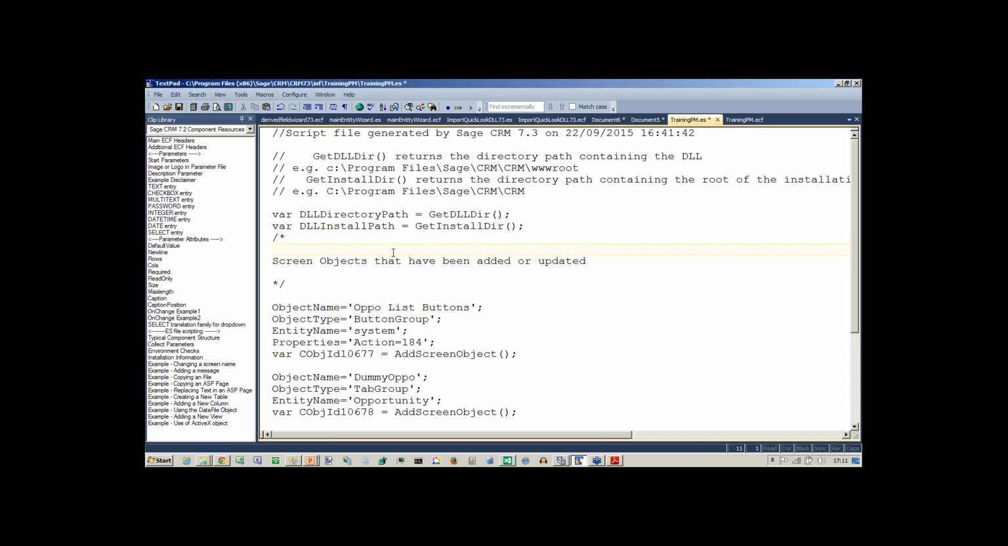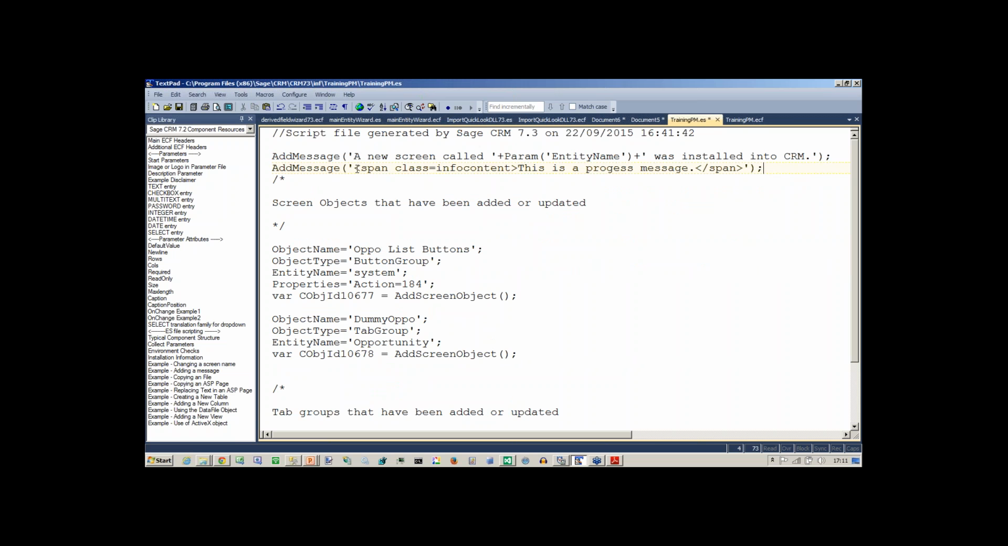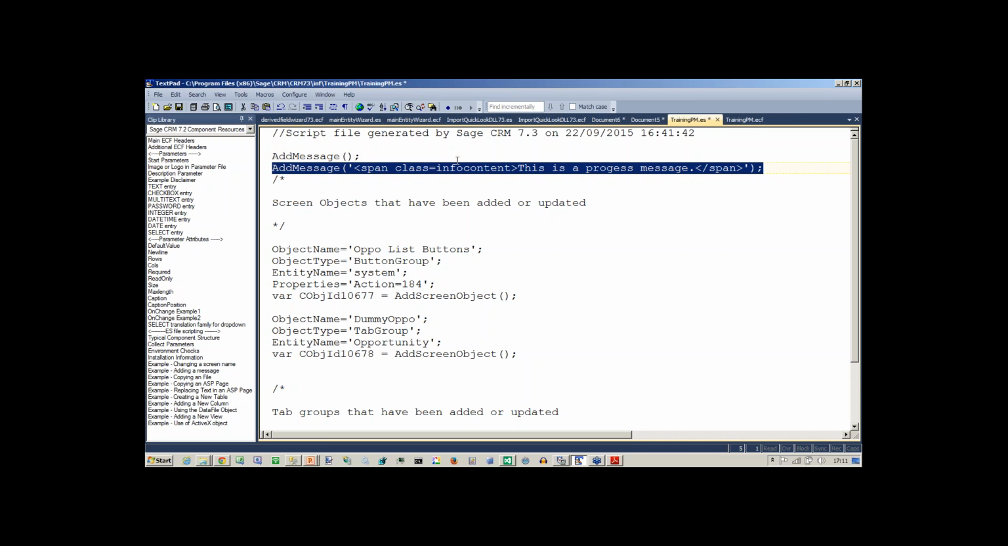I'm more interested at this stage in the idea of providing some basic informational message to the users, or the system administrator, as they run the component. And so I'm going to use the idea of adding a message into the file. Now to do this, you can see that the method add message is easy enough to do, and you can see that you can format this with your own additional HTML. I'm going to keep things quite simple. I just want to use a very basic way of adding in information,